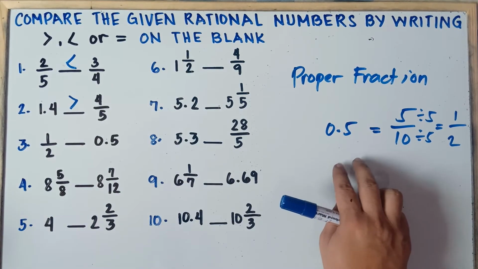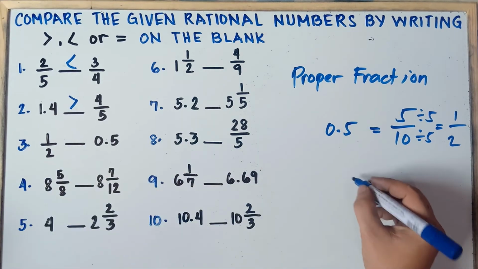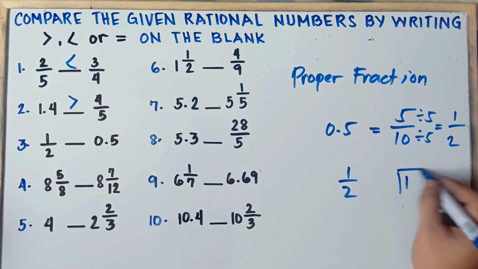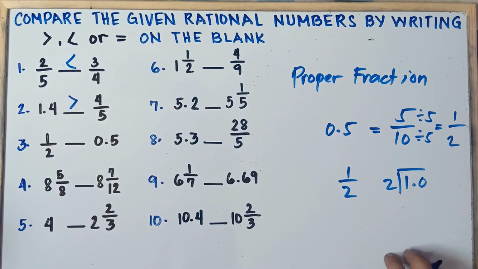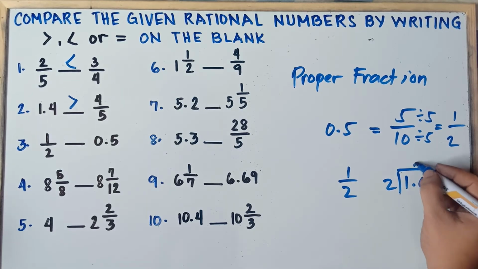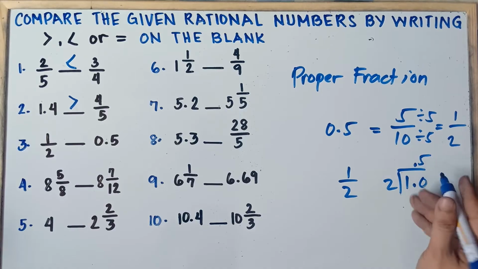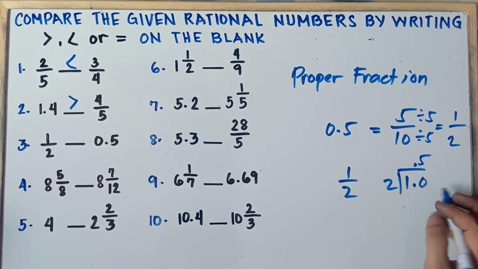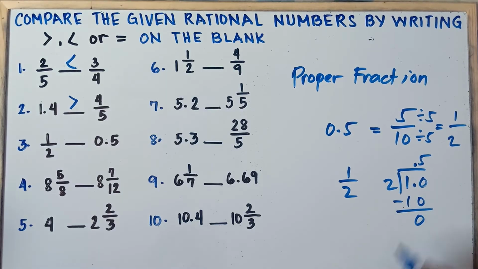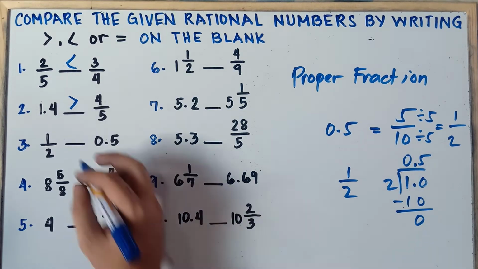If you're confused converting decimal into fraction, you can convert fraction into decimal. So 1/2, this will be 1 divided by 2. So 1 divided by 2, that cannot be. You add a 0. 10 divided by 2, that would be 5. You put a point, class. Once again, add a 0, then you put a point on the top. You align the points. 10 divided by 2, that's 5. 5 times 2, that's 10. Subtract, 0. So 0.5. Same, class. So therefore, 1/2 is equivalent to 0.5, and 0.5 is equivalent to 1/2. So this is equal.